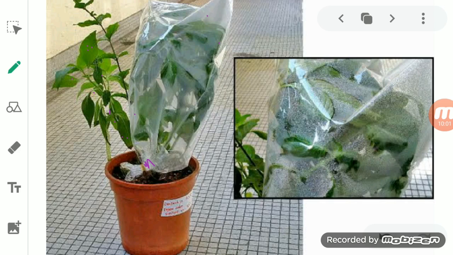Now the water vapor which is given out by the covered leaf keeps on collecting inside the polythene bag, and after collecting, some of this water vapor gets condensed into tiny drops of water, converted into water droplets. So by this process we come to know that the leaves of the plant lose water through transpiration. This polythene bag is explaining how the transpiration process is occurring here.